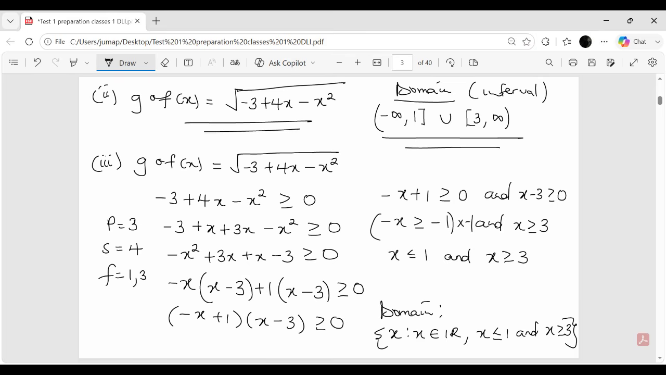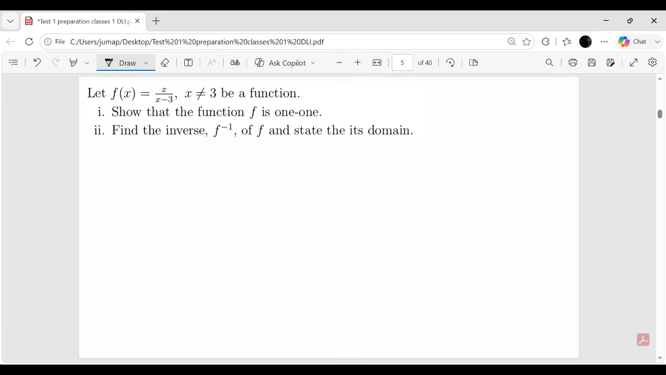Yes, sir. Okay. So there are so many ways you can solve inequalities. Like this, that's how you solve it. So now let us go to another question so that we can cover a lot of questions today. So our next question is saying that